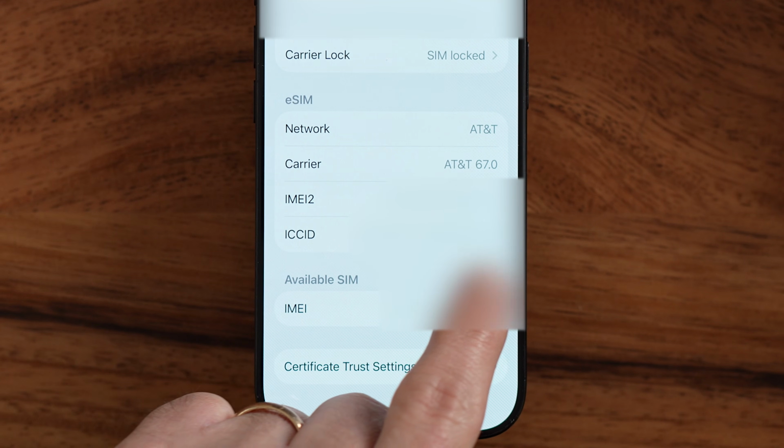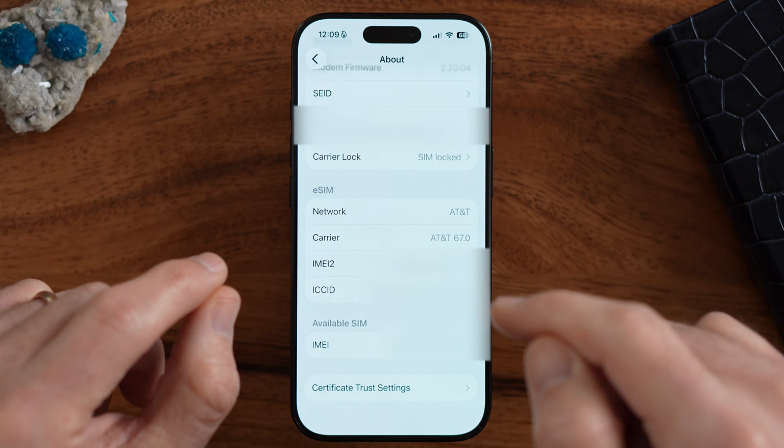This really long number right here is the number associated with my SIM card. If you have a physical SIM card, you can pop it out, and that number will be printed on the physical SIM card. However, if you're looking for the phone number associated with that SIM card, it's in a different